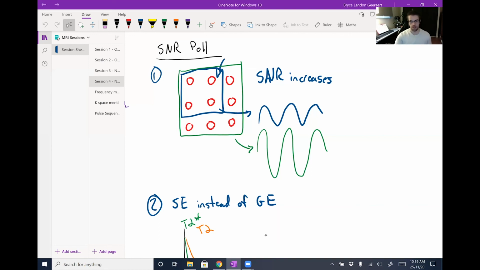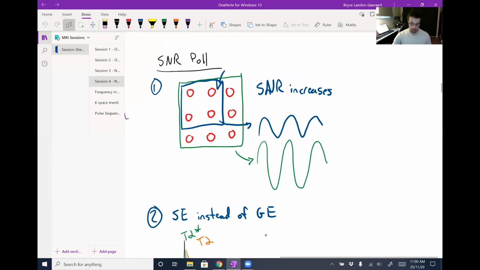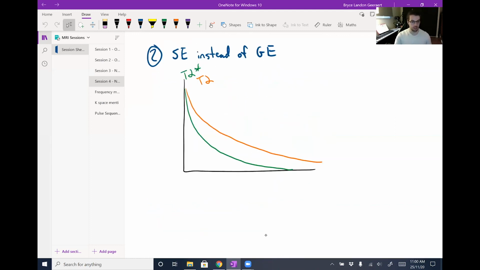Question 5 was, what happens if we increase our echo time? This one was fairly split. The answer is generally our signal to noise ratio will decrease if we increase our echo time. This is because if we just go back to this drawing that I've conveniently got here,